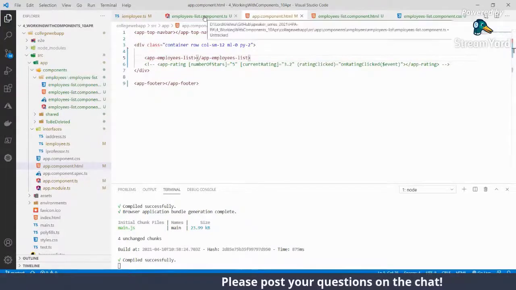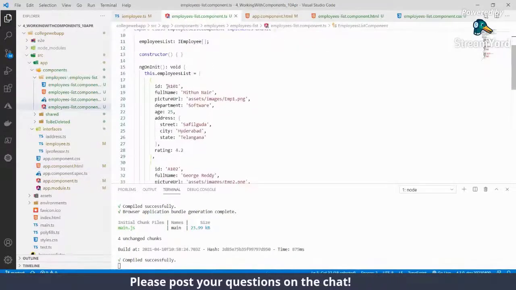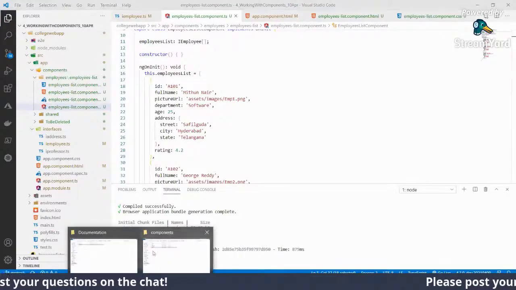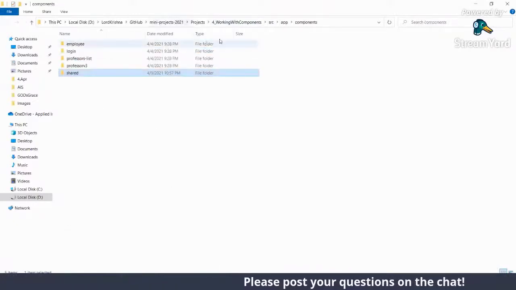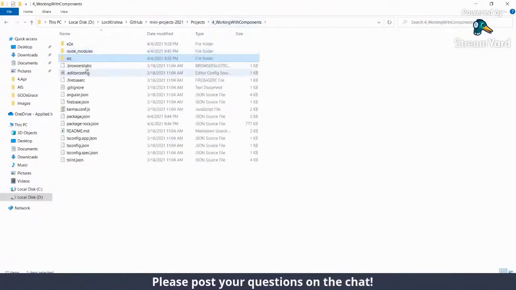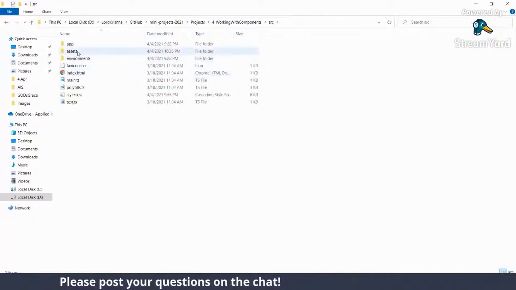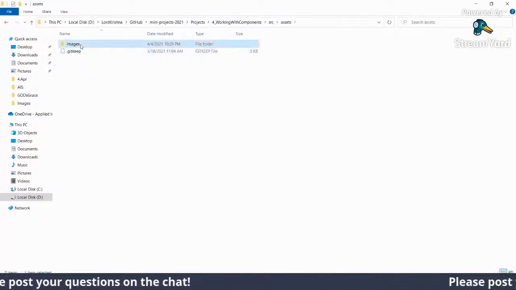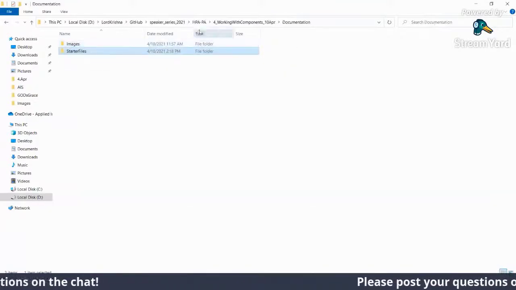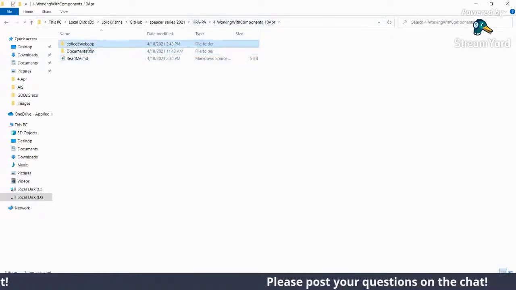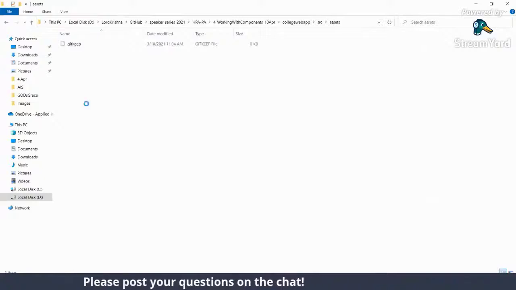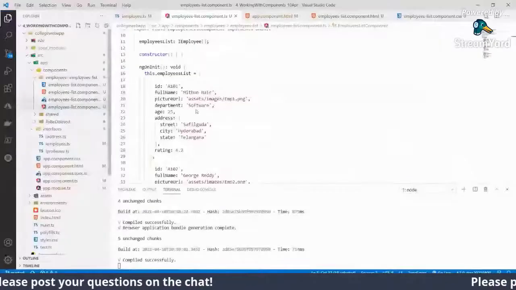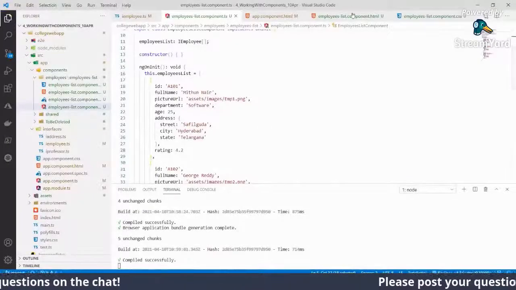Because we have a complete list, we have an ID, full name, picture, and some of the assets. Let me copy the assets that will speed up the process. Inside the source, inside the assets, I have the images folder. Let me copy that to our demo so that we'll start seeing the images. Okay, we have the images and everything is there.